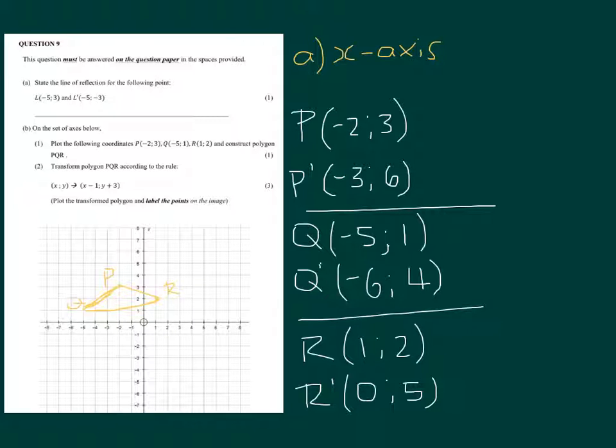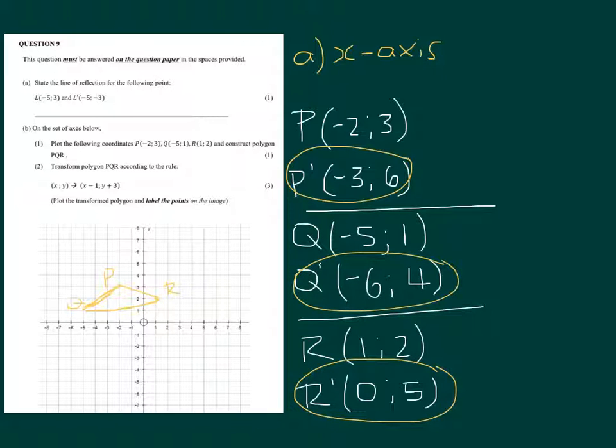Now I don't actually have another color to use, but if we go back to our Cartesian plane and we've got to sketch this on as well, we're looking at this point, and this point. So P dash, minus 3 and 6, which is over here. And again, labeling is really important. Then we've got Q dash, which is negative 6 and 4. That's going to be over here. And we need to label that